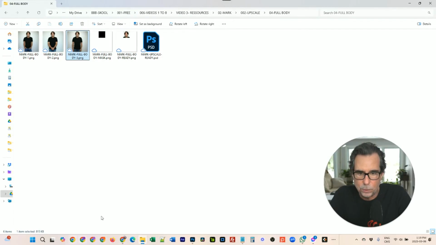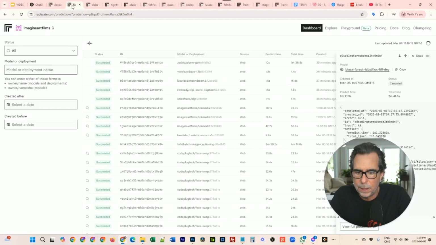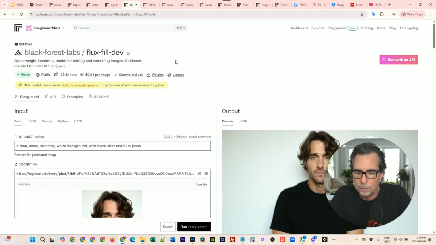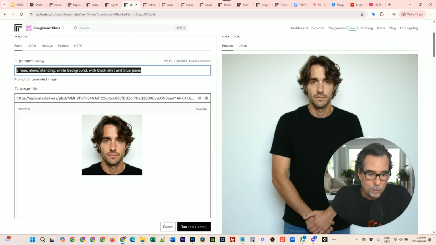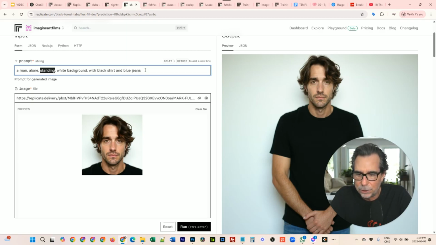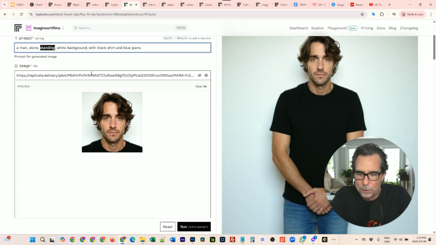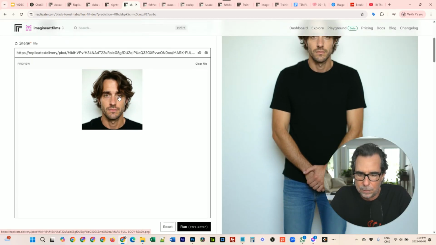So let's go back to Replicate. You have to prompt something. I did the basic prompting: a man alone. You have to put alone because sometimes if you leave a lot of space, the model likes to fill it with other characters. So: a man alone, standing, white background, with black t-shirt and blue jeans. So, the basics. And I've put in the first photo that I made, the face of our